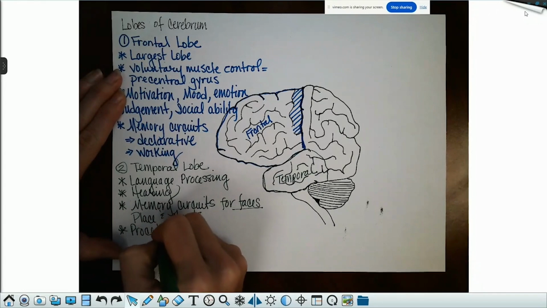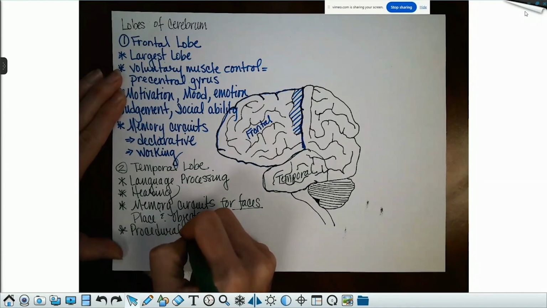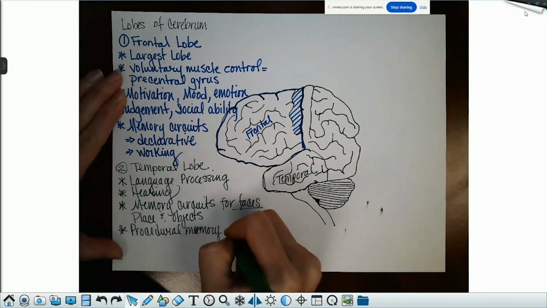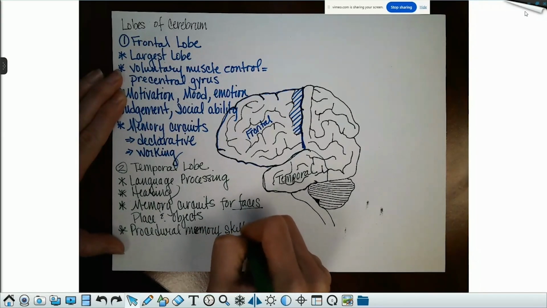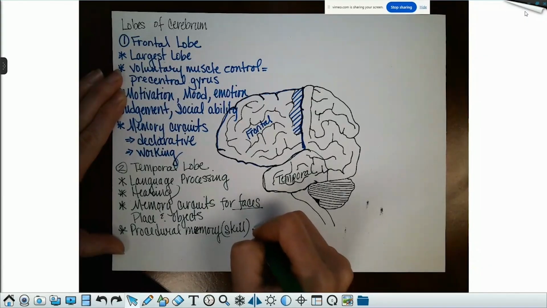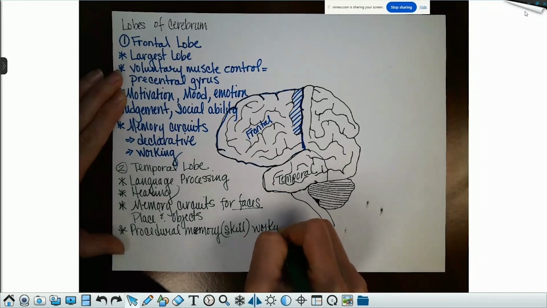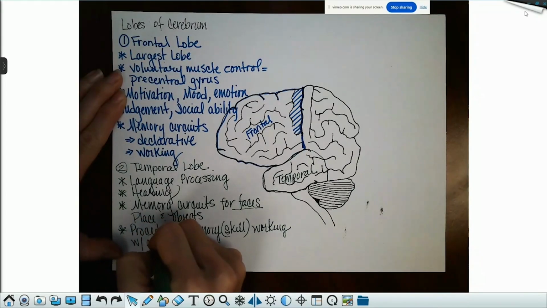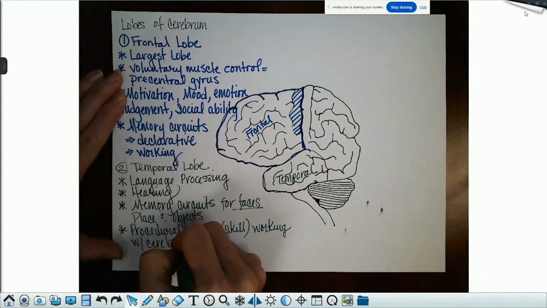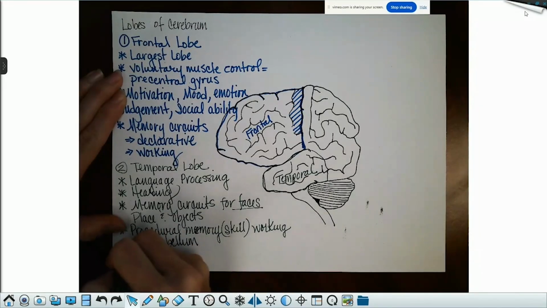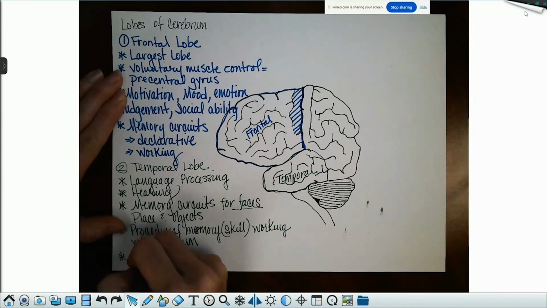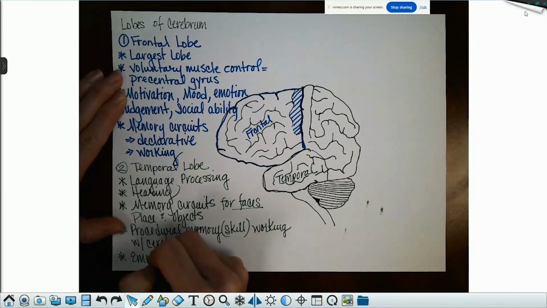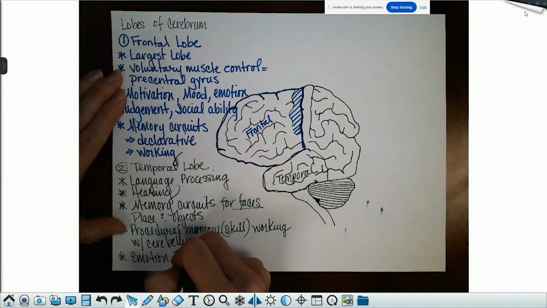So this is skill-oriented. And since it is skill-oriented, it works closely with the cerebellum. And it is also involved in emotion processing, especially the medial part of the temporal lobe,